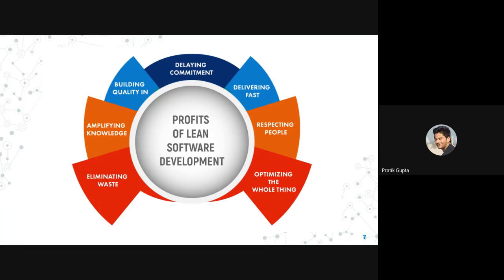Once we have a clear picture, we are delivering it fast. Once everything is clear, once everything is planned out, our next objective is to deliver it as fast as possible. We are optimizing the development time and resources. Next is respecting people. That is, you have various people in your